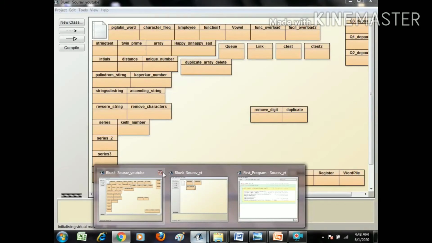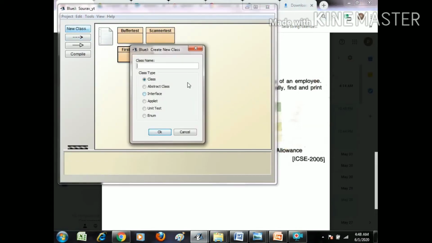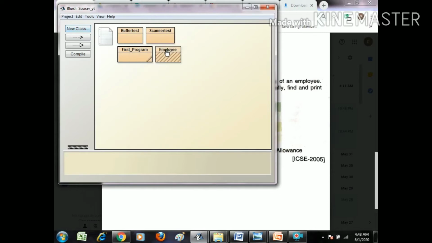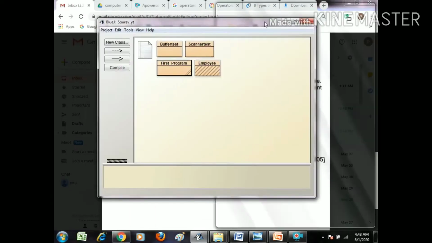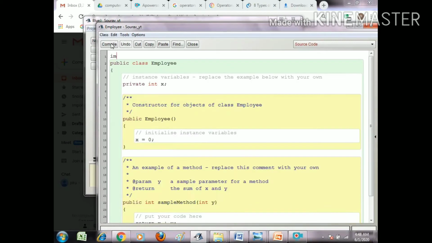So I create a class, I think the class will be Employee, EMPLOYEE. Just see, yes, the class will be Employee. So first I write the system package: import java.util.*;